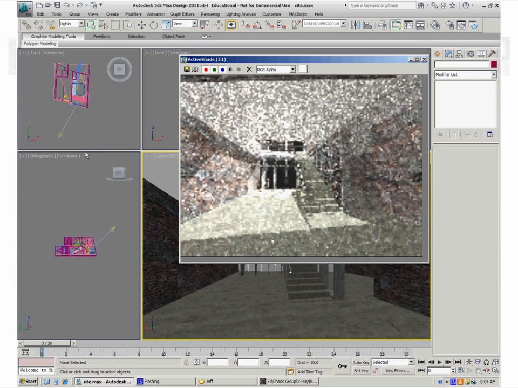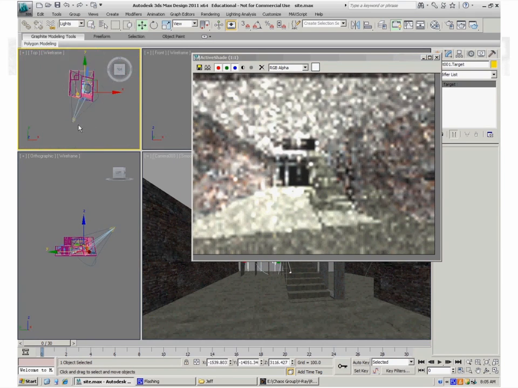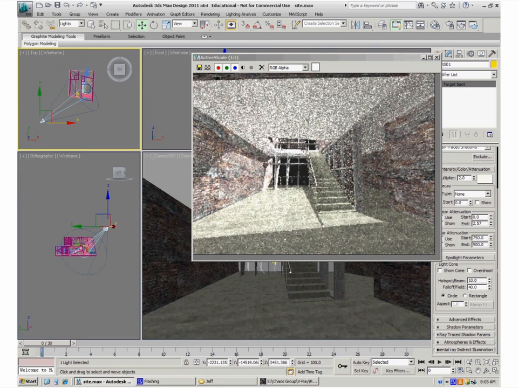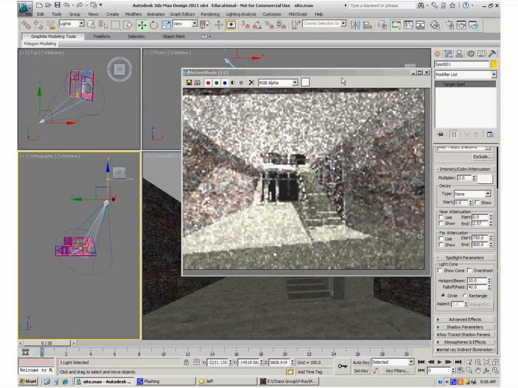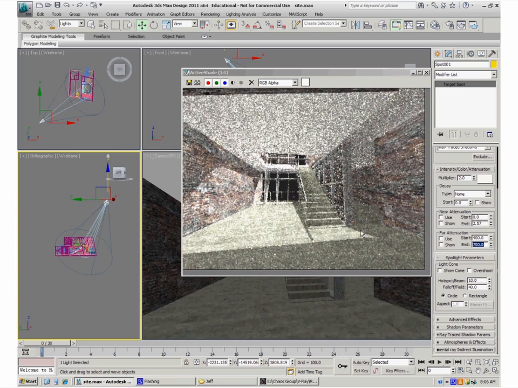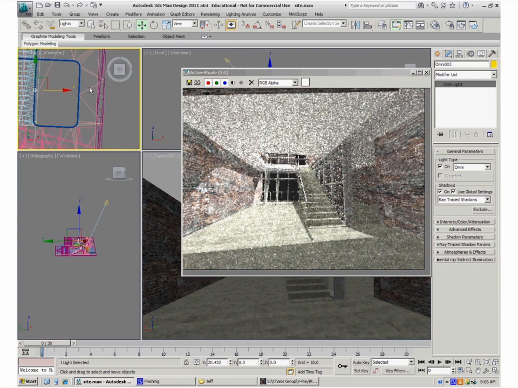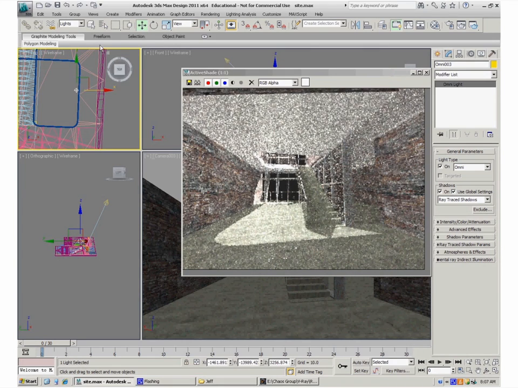I'm going to go a little bit quickly here. These videos are sped up, but I'm just going to explain briefly what we did in each of these videos and what we were trying to achieve using V-Ray RT. You can see that in this scene, which doesn't have a lot of geometry in it, V-Ray RT is quite quick at giving us a good look at what is happening in real time, and this includes all of the texture mapping